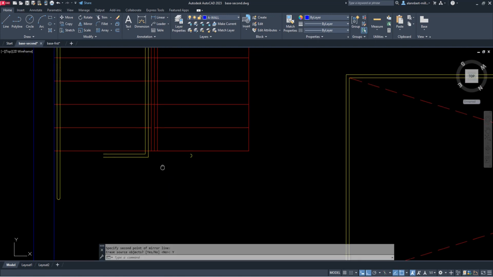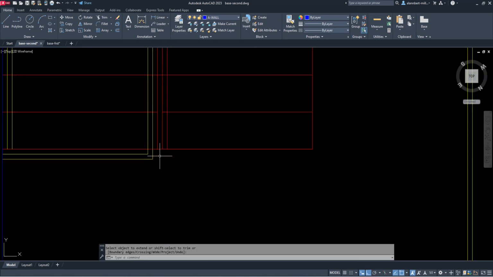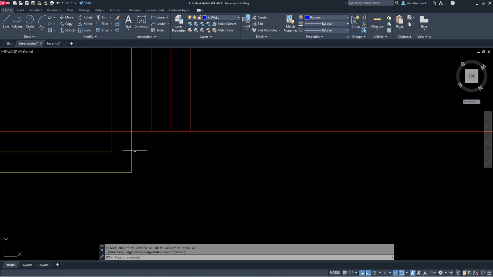There you go. Oh, I left this. Anyway, we won't need that. And this is the handrail that you can see from this second floor to the first floor. We don't need that anymore, so we're going to trim that. Oh, made a mistake. Trim. We're going to trim this and erase this, and then we're going to extend this to this one. There you go. Okay. Oh, this one is the handrail. So we're going to fill this one,